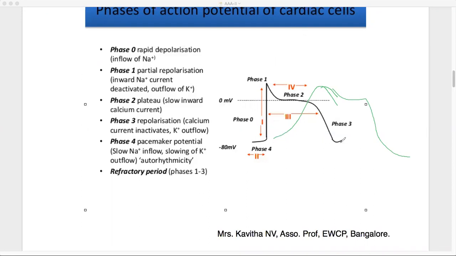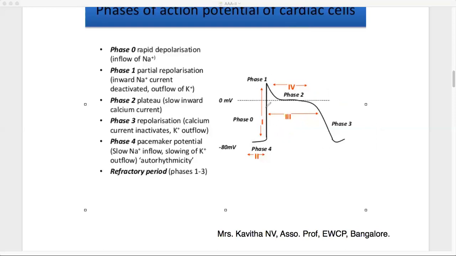The time duration taken for one action potential is lengthened, it is increased, and also the refractory period between phase 1 and phase 2 is increased. So by this we know that during the action potential or during the refractory period, a cell will not respond to any stimuli. By doing this, we can prevent arrhythmias. Okay, so this is how the membrane stabilizing drug, the sodium channel blocker, acts. That is by blocking the sodium channel.